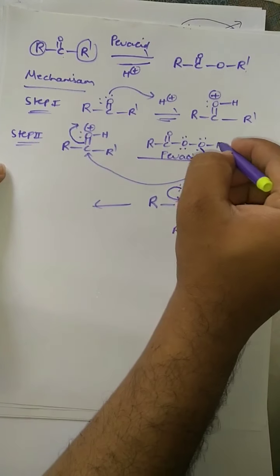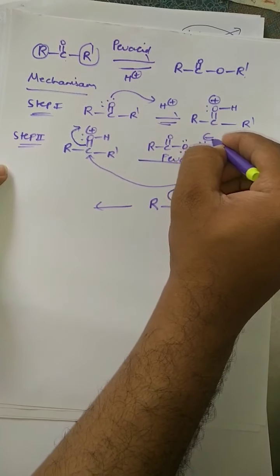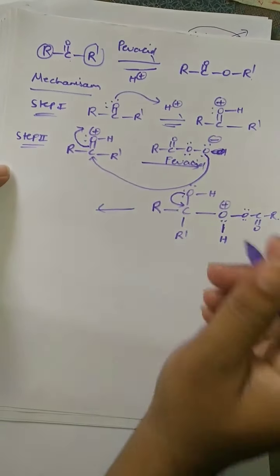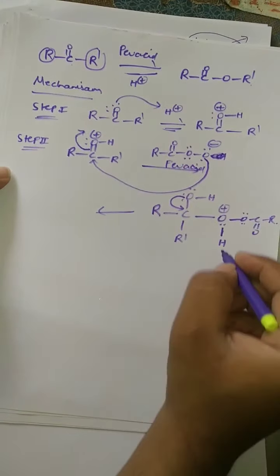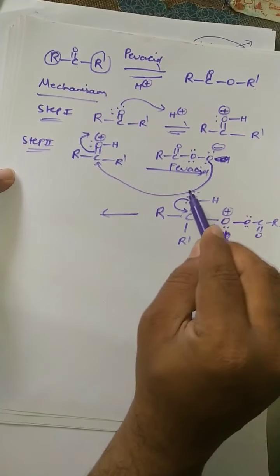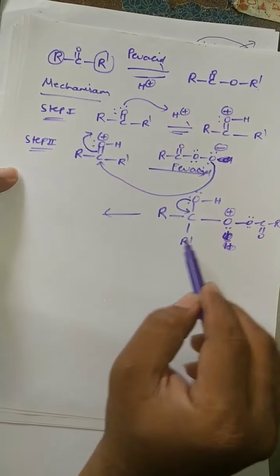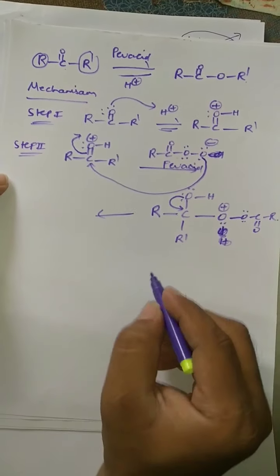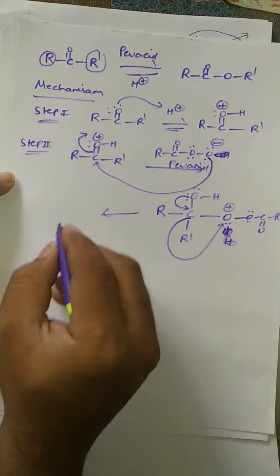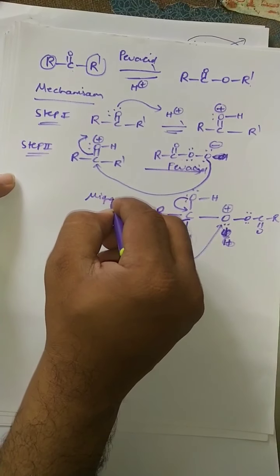See here, actually you can take this O minus here itself, because it is a peracid, so that H plus ion is released. So here no hydrogen, be careful here once. RCOO minus will attack this, right? Now here you are going to get this intermediate. Next step, you see this alkyl group migration of R dash.